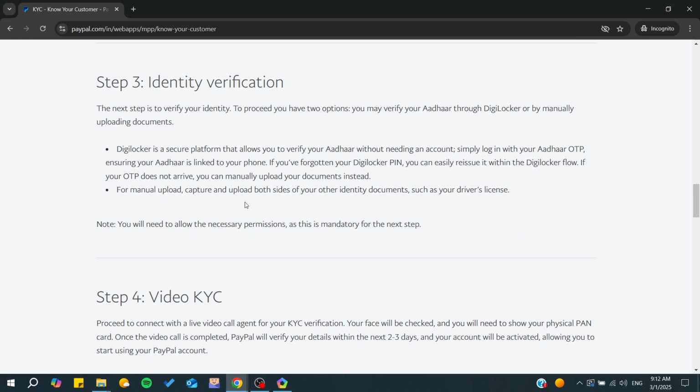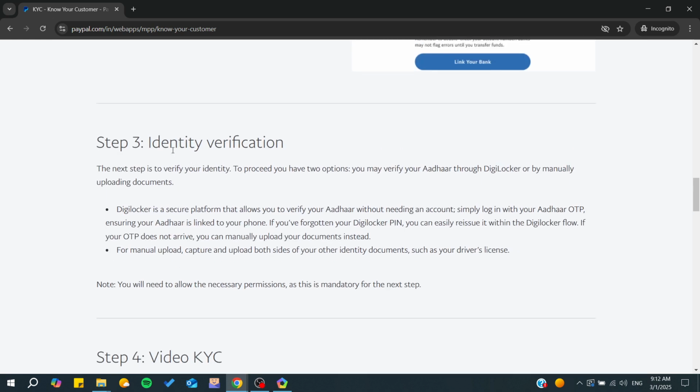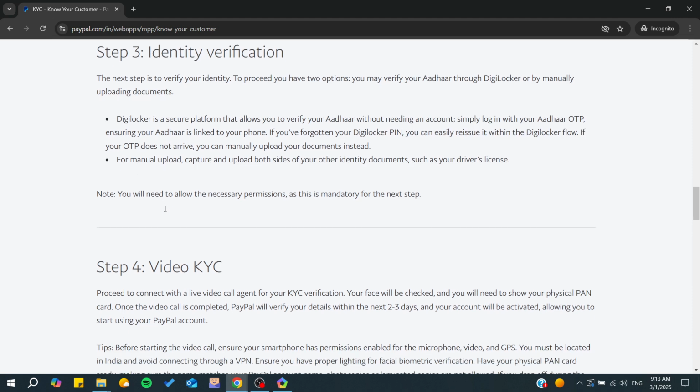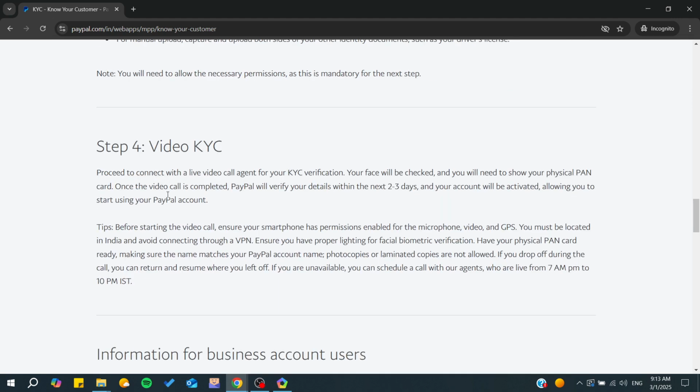And after that, you will be needing to have your identity verification. For the identity verification, you can simply just picture your or your Aadhaar through the DigiLocker or by manually uploading your documents. So after that, you will proceed to connect with the live video call agent for your KYC verification, and from